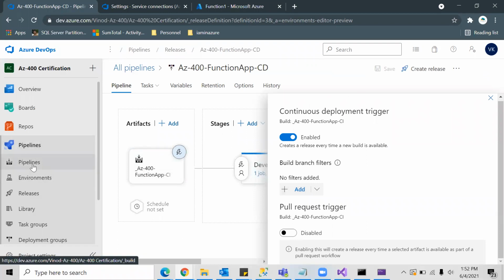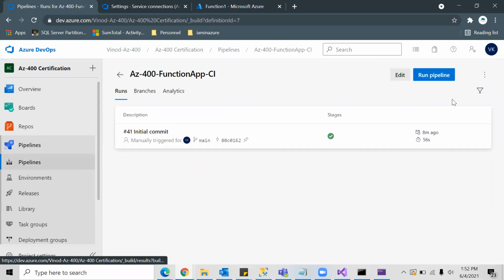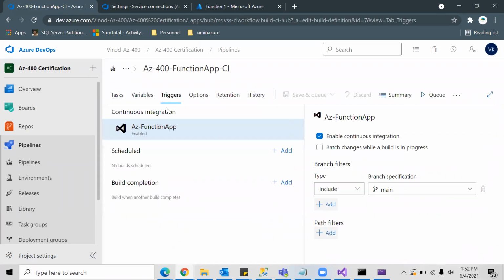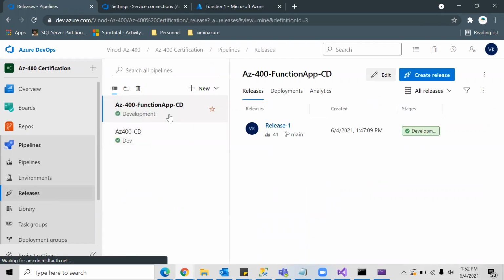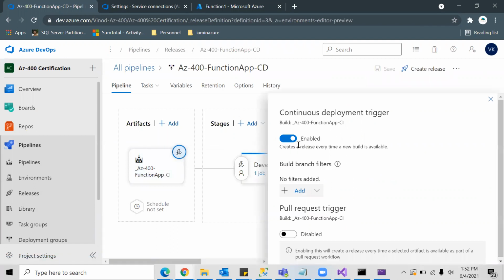Done. Now your pipelines have all been added with triggers. Just to verify this, this is enabled, and in the release pipeline as well. Okay, this is also enabled.